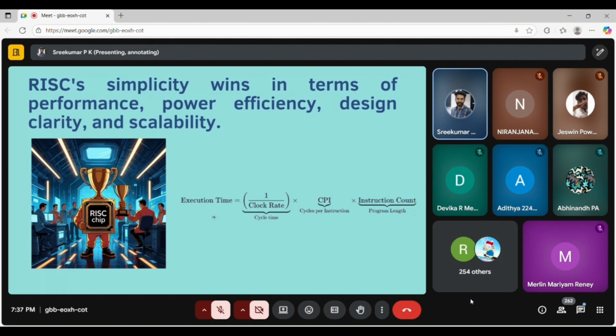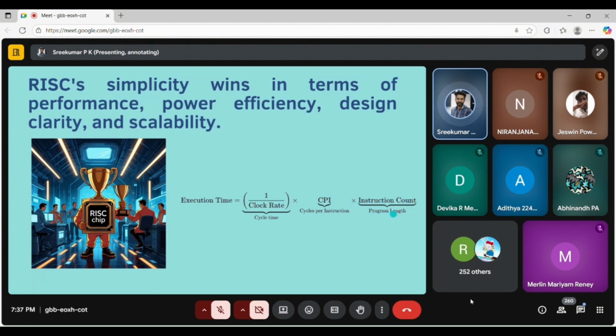So most of the nowadays microcontroller manufacturers are trying to reduce the execution time so that it can execute millions of instructions in nano or millisecond time. So what they are doing is increasing the clock rate and decreasing the cycles per instruction.